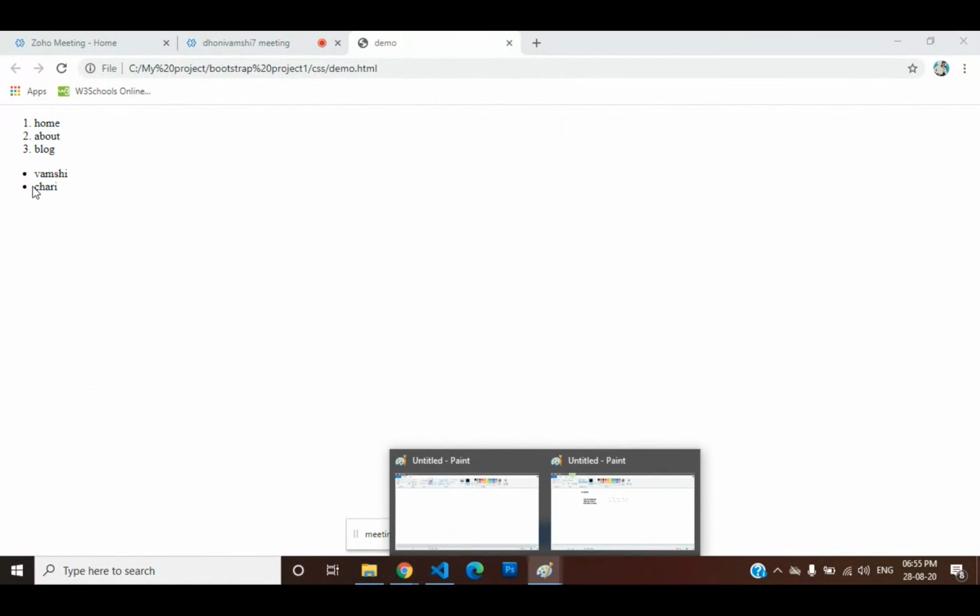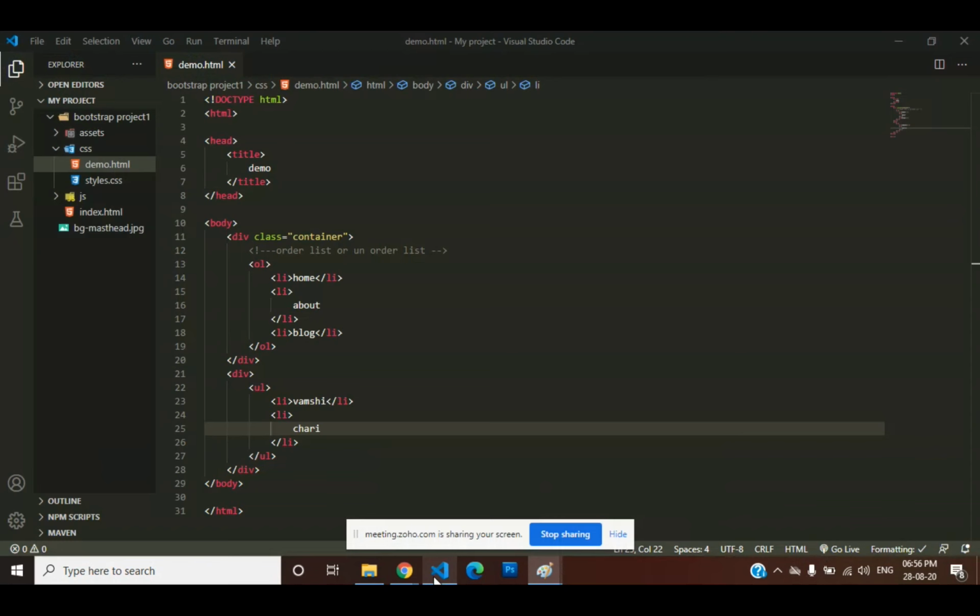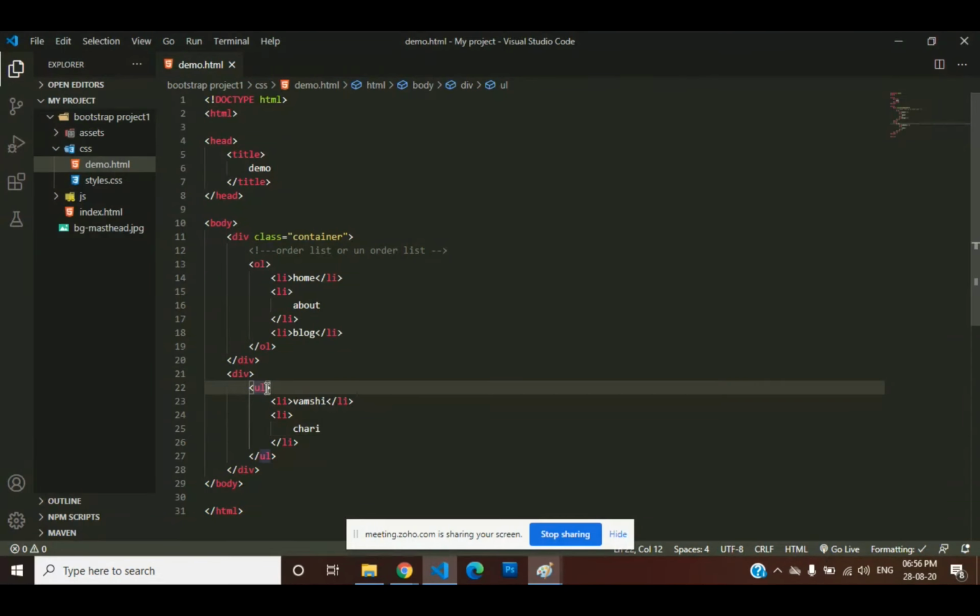See here, when I come to the ordered list, it will appear order-wise, 1 to 3, numeric numbers. Coming to the other list, it is going to show symbols like a bullet symbol, a circle symbol. If you want to change that symbol, you have to use what? An attribute. You will type